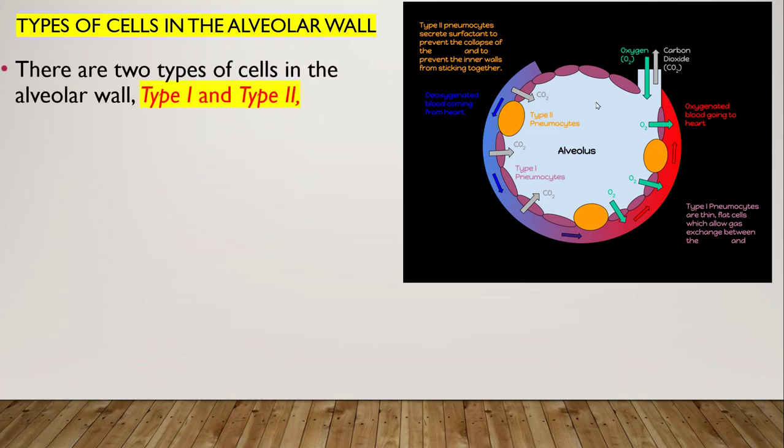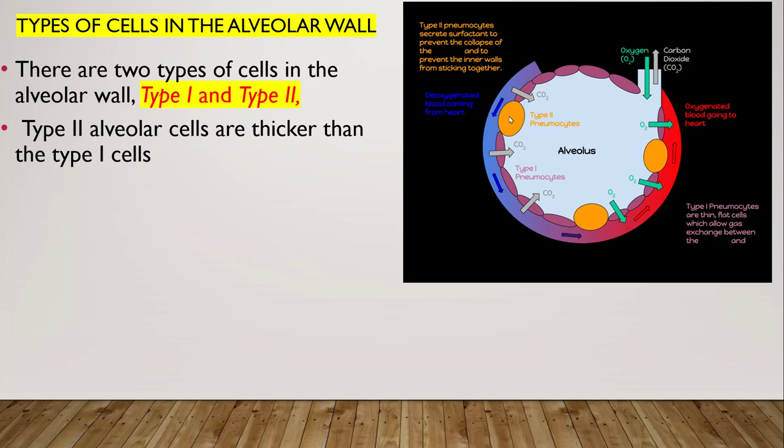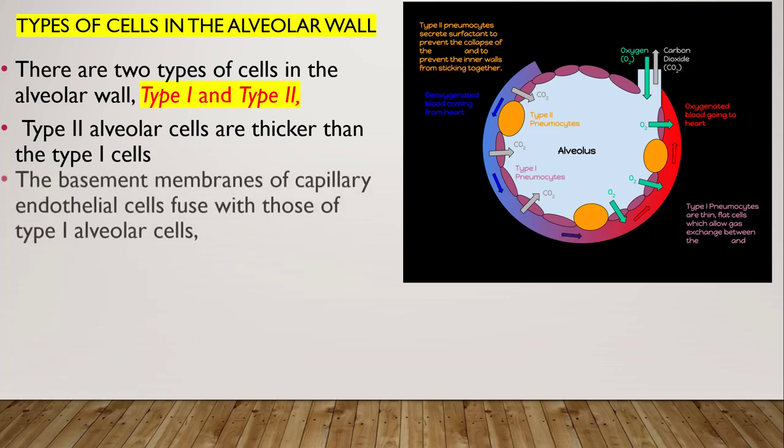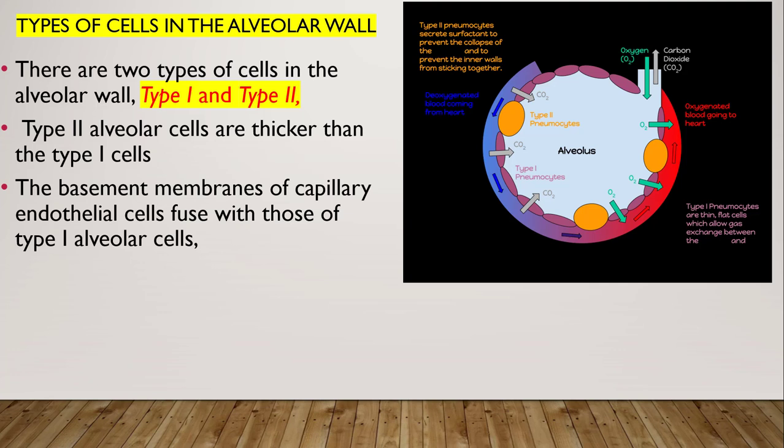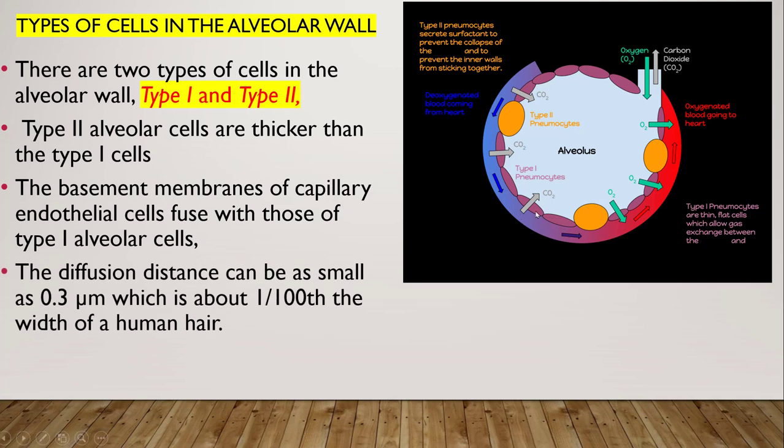Types of cells in the alveolar wall. There are two types of cells in the alveolar wall, type 1 and type 2. Type 2 alveolar cells are thicker than the type 1 cells, and these are type 1. The basement membrane of the capillary endothelial cell fuses with that of the type 1 alveolar cell. The type 1 alveolar cell fuses with the basement membrane of the alveoli, and type 2 cells secrete the surfactant. The diffusion distance can be as small as 0.3